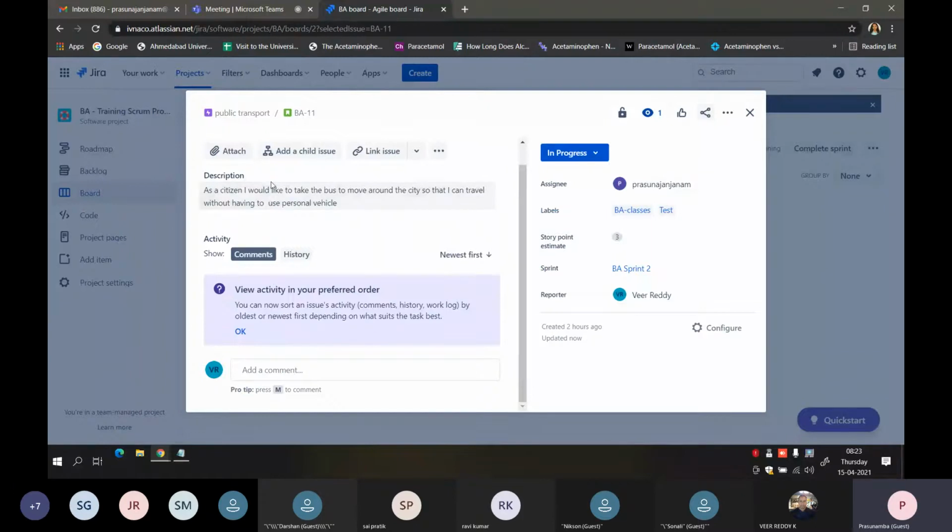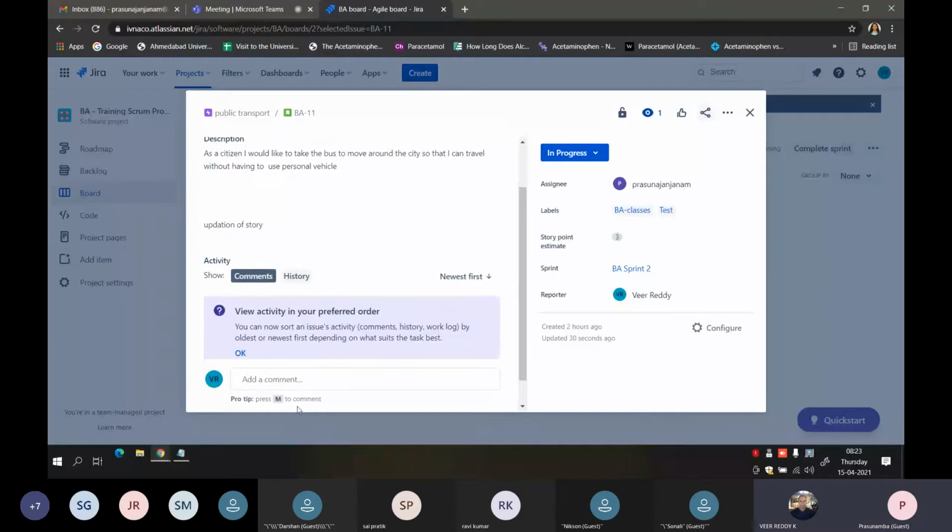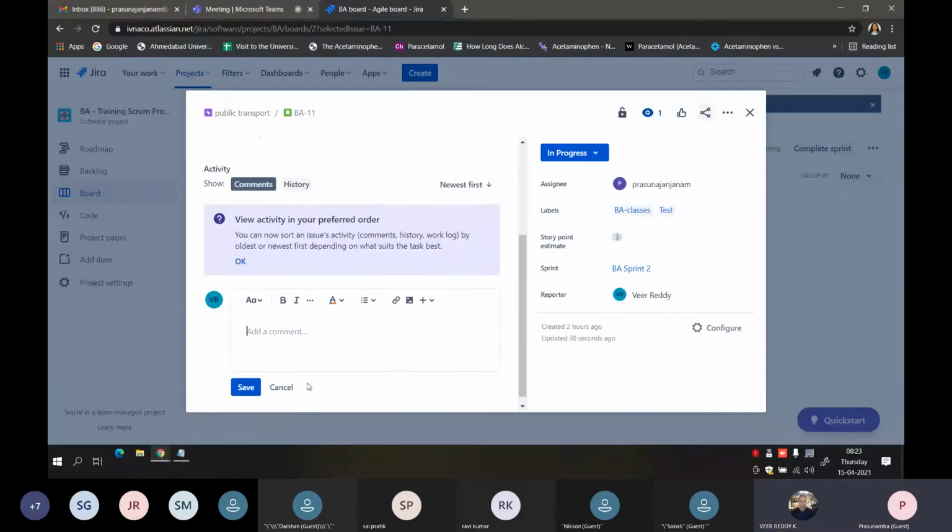After the sprint meeting happens, apart from this description, if there are any features or anything else that needs to be added to this story, either the creator would update the description, or they can give the details over here as a comment.